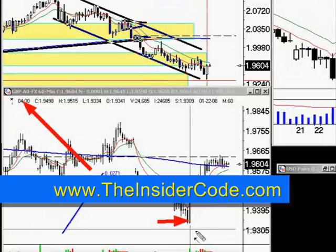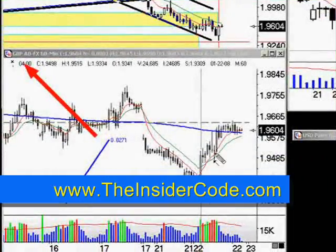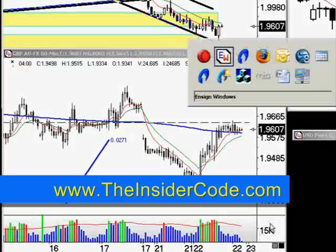So the professional money reverses the market. The rest of us discover what happened later. Really, there's no way to anticipate or even try and trade these kind of things other than trying to jump on board as quickly as possible. But there is a way to get on once the trend is already going. And let me go ahead and bring in